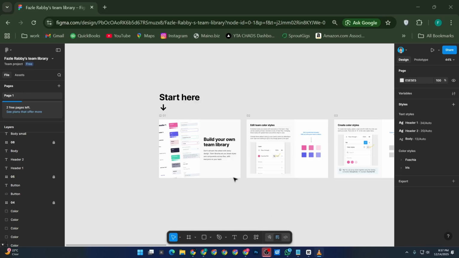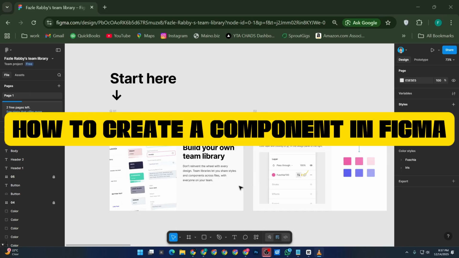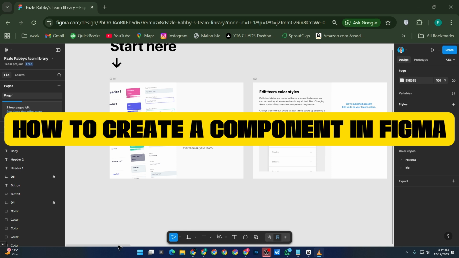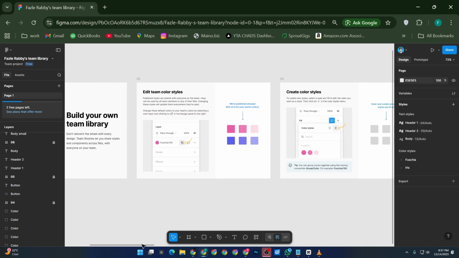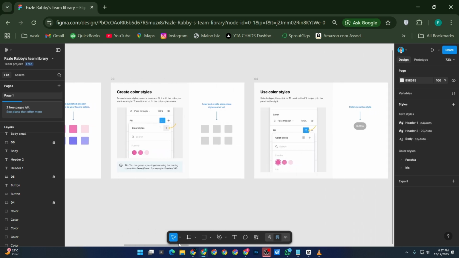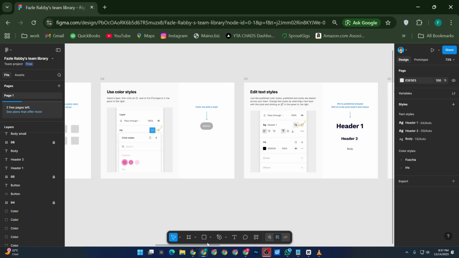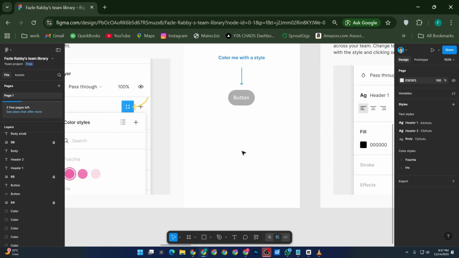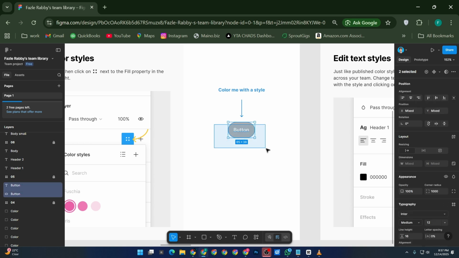In this tutorial, I'll walk you through how to create a component in Figma in a clear and simple way so you can build designs faster and stay consistent. Start by opening your Figma file and selecting the element you want to reuse. This could be a button, navigation item, card, icon, or any UI element you plan to use multiple times in